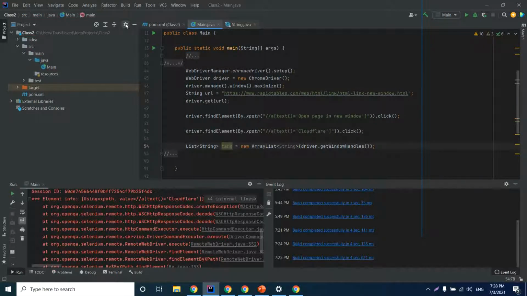So that's how we are saving all the tabs in this list. So after that we got the tabs, so we have the command